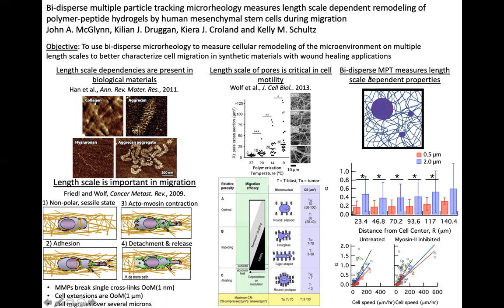So we use the technique of biodisperse MPT to measure two different length scales simultaneously during cell migration. And we show that the 2 micron length scale is more heavily remodeled than the half micron length scale in cells which are allowed to pull on the network. We then show that the alpha value, or the degree of remodeling of the material, correlates well with cell speed and correlates differently for each of the three length scales, indicating that the cell treats each length scale differently during